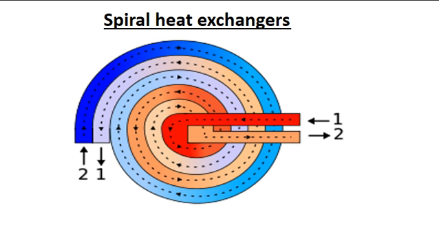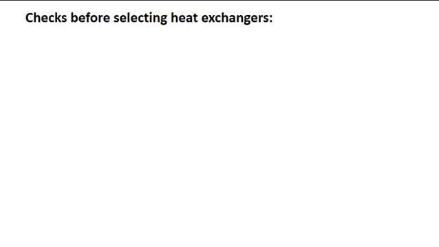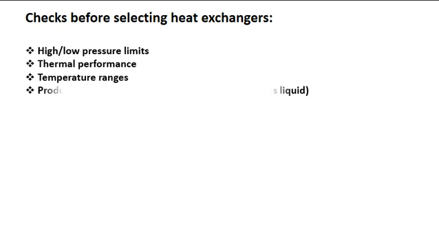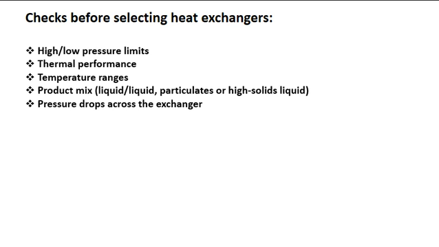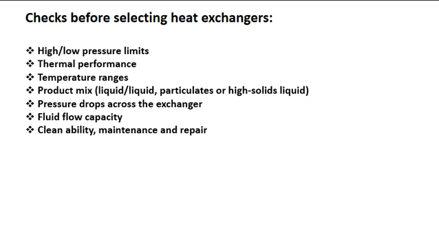Now, we'll discuss the selection of a heat exchanger. To select an appropriate heat exchanger, the system designer would firstly consider the design limitations for the heat exchanger type. Though cost is often the primary criterion, several other selection criteria are important, like high-low pressure limits, thermal performance, temperature ranges, product mix, pressure drops across the exchanger, fluid flow capacity, cleanability, maintenance and